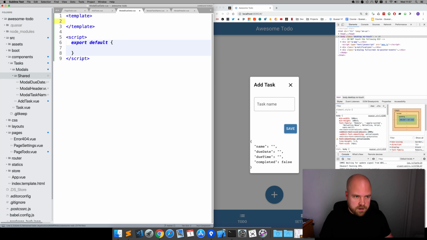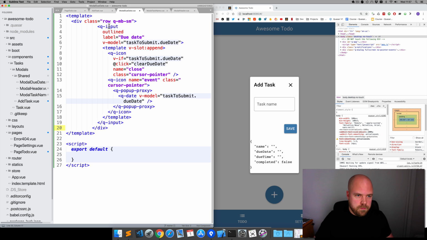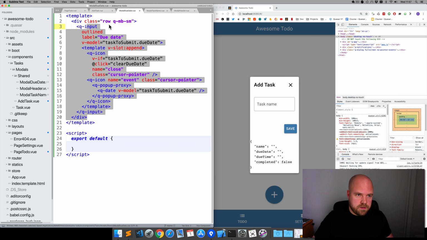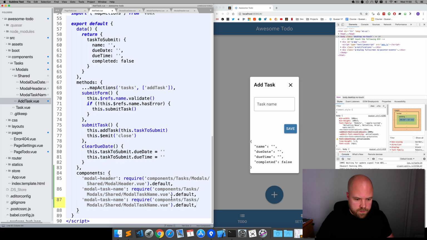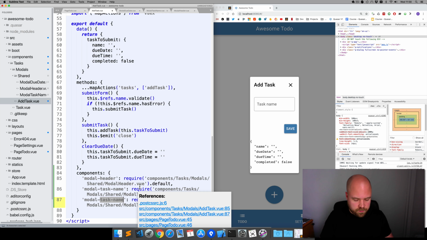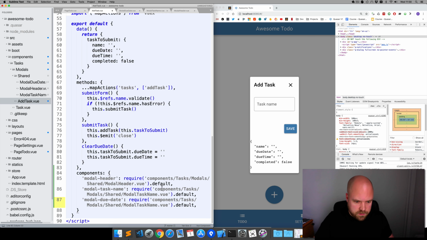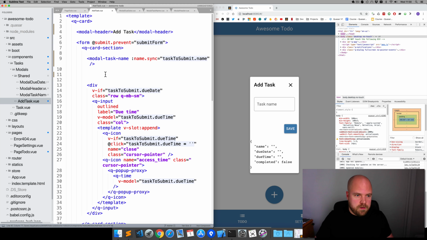And I'll paste in that code, fix the indentation, then back in add task, we'll import this. So I'll duplicate this one, set the HTML tag to modal due date, update the path to modal due date.view, save that, and then we'll stick that here on the page, modal due